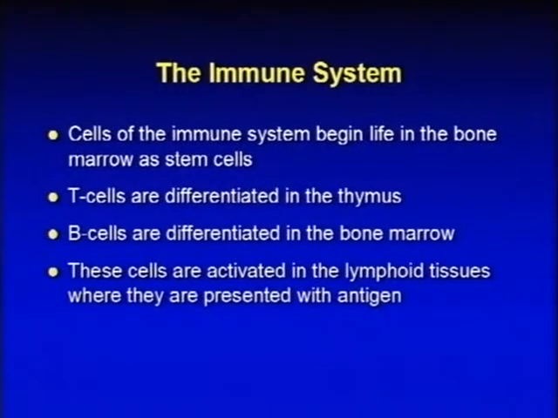So many people actually study how these cells grow up, and I just wanted to share with you a little bit what we know about this. So cells of the immune system begin in the bone marrow. We have stem cells in the bone marrow that are specifically designed to make new blood cells. They make red blood cells and they make white blood cells, and then they're precursors to all the subtypes we've been talking about. So T cells come out, there's a precursor that comes out of the bone marrow, goes to